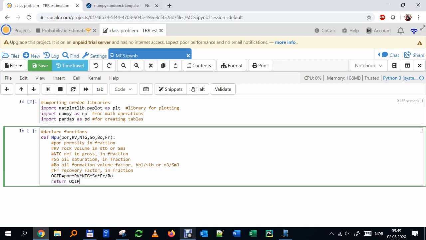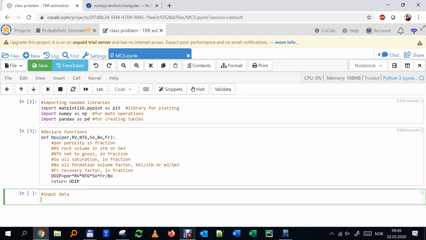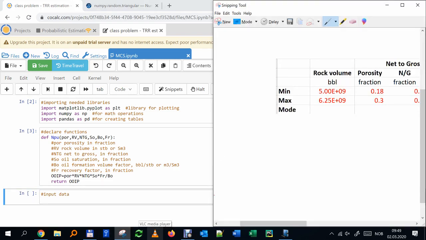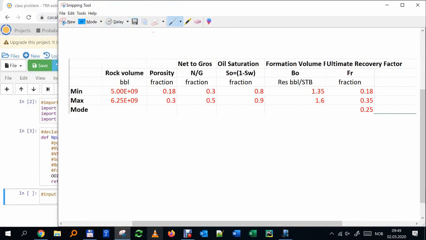So now we have our libraries, we have our function, and now we need to make the input for the Monte Carlo simulation. Again, I run it. No errors. It didn't complain. So far, so good. Let's call this one input data. What do we need for our simulation? If you remember the Excel sheet, everything that was in red was the input. So we need for each variable